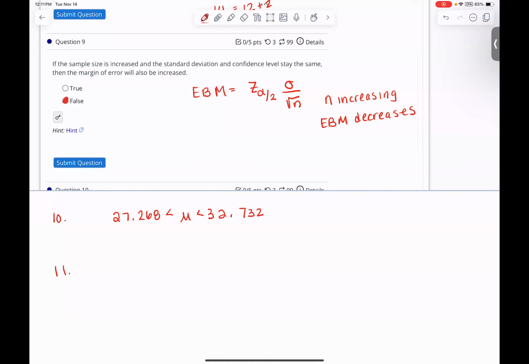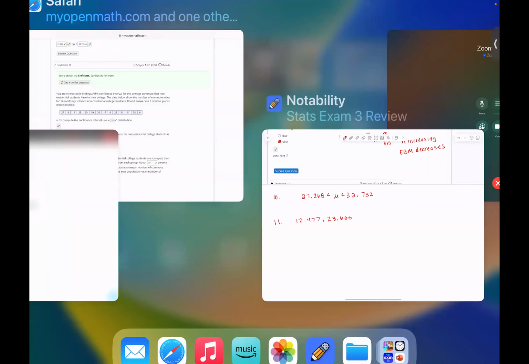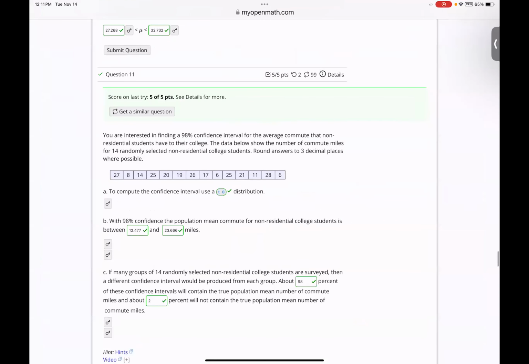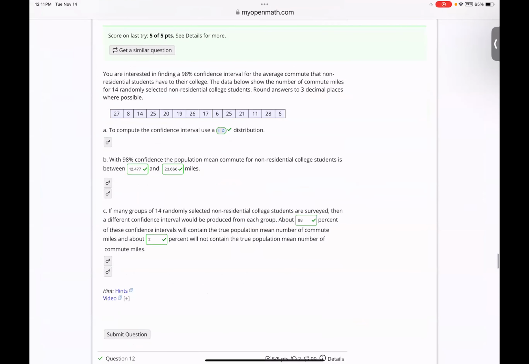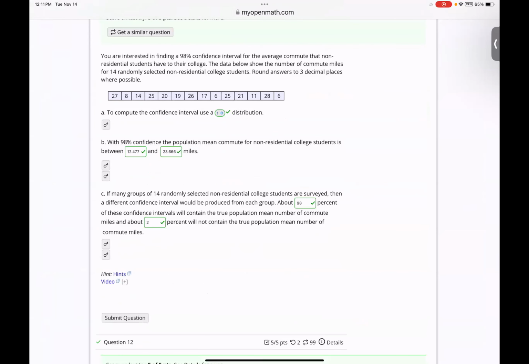So our t-interval was from 12.477 to 23.666. Okay, and if you'll look at the second part of this question, it asks you if many groups of 14 randomly selected non-residential college students. Okay, the first one's going to be the confidence level, 98%, because if we run this test over and over